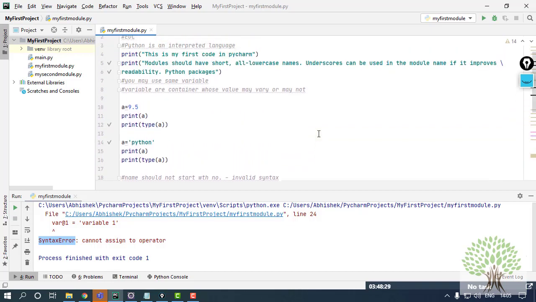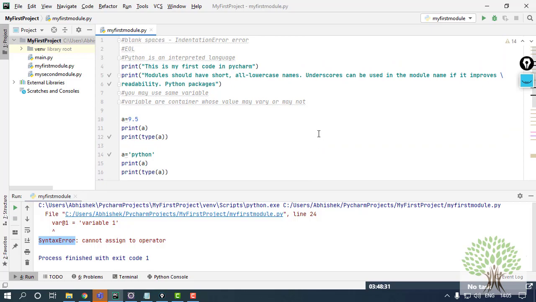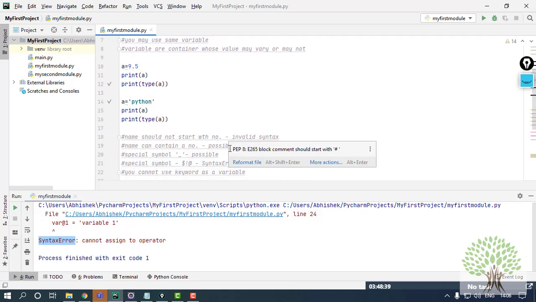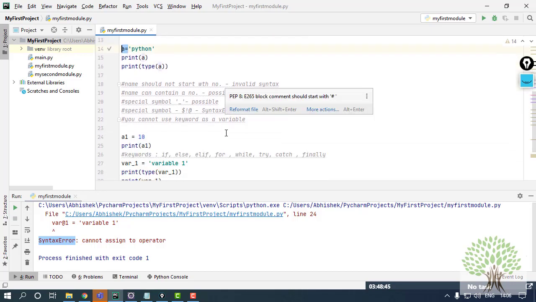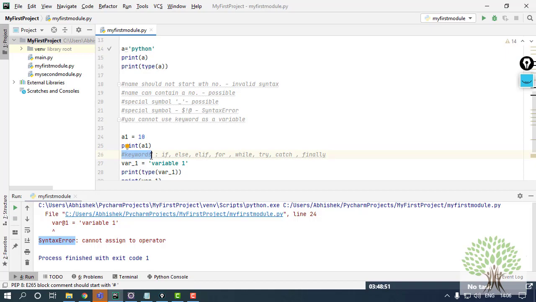Now we have seen these things. I have told you the syntax, the syntactical errors, the variables, how you can declare them, and what benefits you have in Python by reusing the same variable. That is allowed. What are the rules to define variables? What are keywords? They are identifiers and already have a meaning in the dictionary of Python, so you cannot use them as a variable.